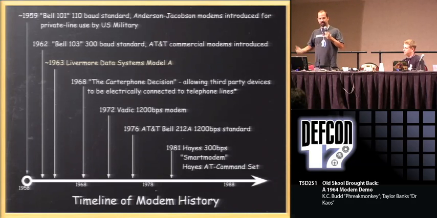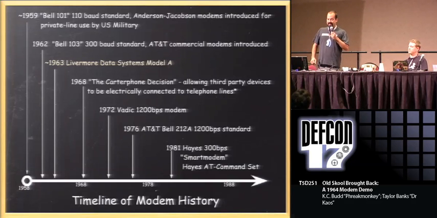They did not run over public POTS telephone lines. So they weren't modems the way we think of modems. They were more like what we think of as the old multiplexers and stuff that you had hooked to dedicated lines. In 1962, AT&T, Bell at the time, they weren't AT&T yet, introduced the first